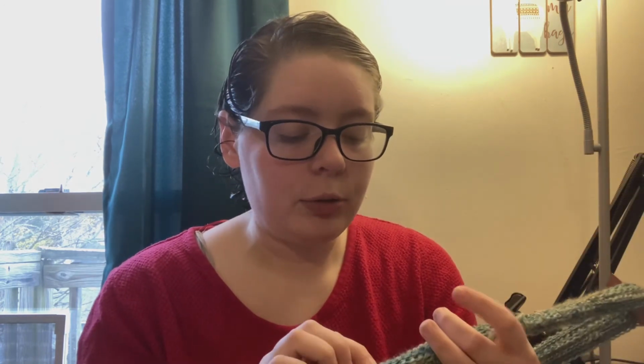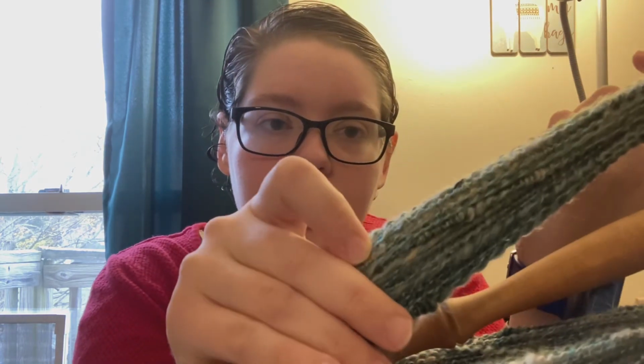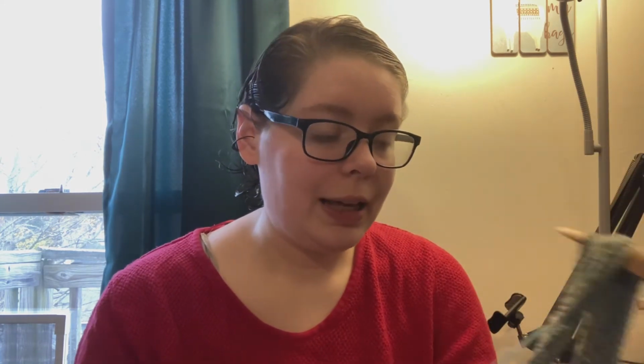So for this year, I did the more teal toned one. I split it in half. Now half of it I plied, like wrapping around a, I think lace weight alpaca tencel blend. So I ended up with an artsy yarn here. I am keeping it on the nitty noddy until I'm ready to wash it, because every time I let it off of tension, it starts to come undone a little bit. So I'm going to wash it kind of aggressively and hope that it felts a little bit to keep it together. But it has a really nice texture to it, so I'm hoping to use it for accent stripes in